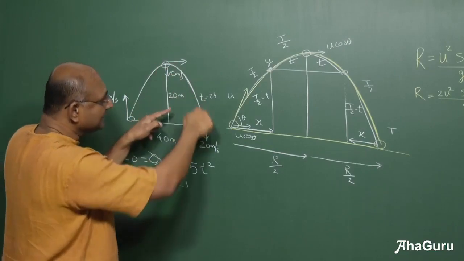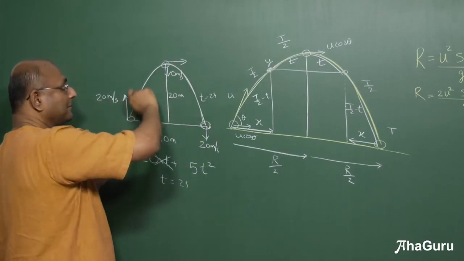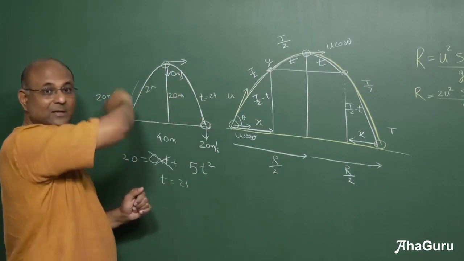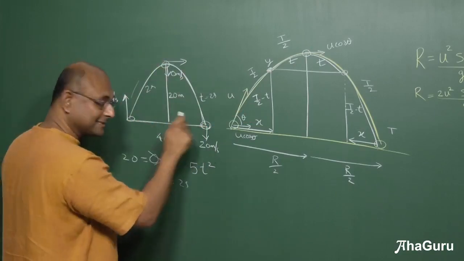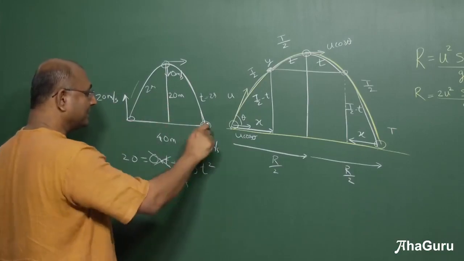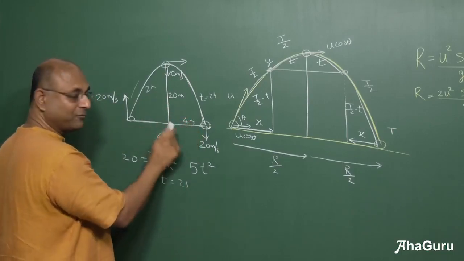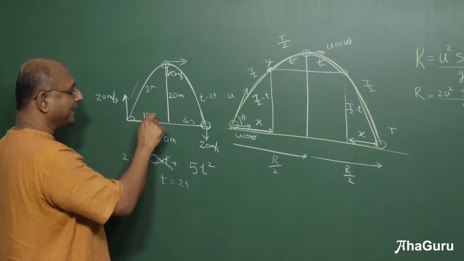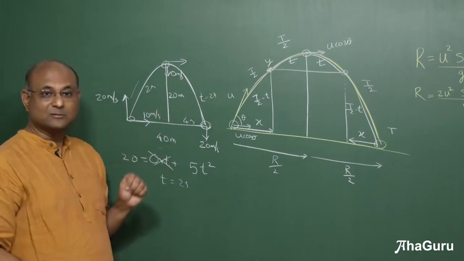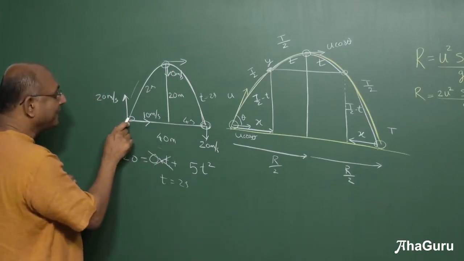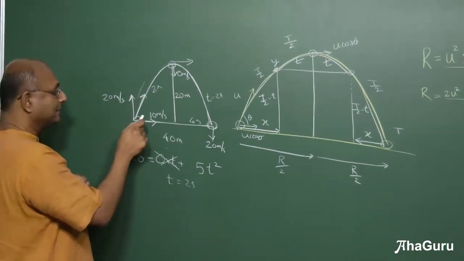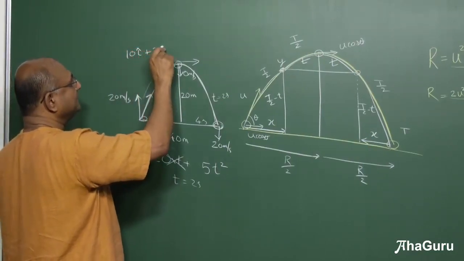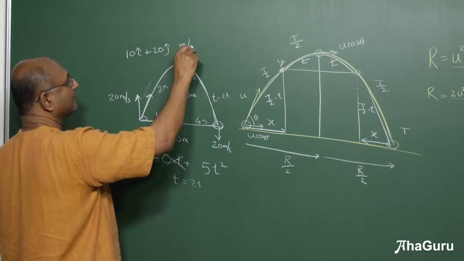Okay, how much time was this? 2 seconds. How much time is this? 2 seconds. Symmetry, right? We are using symmetry. So 2 seconds, you get 4 seconds. So how much time is this? 4 seconds. So if you know that this was 4 seconds, but it traveled 40 meters and it was uniform velocity, this must be 10 meters per second because 40 by 4 gives me 10. So that means I know my initial velocity must have been 10 i cap plus 20 j cap meters per second.